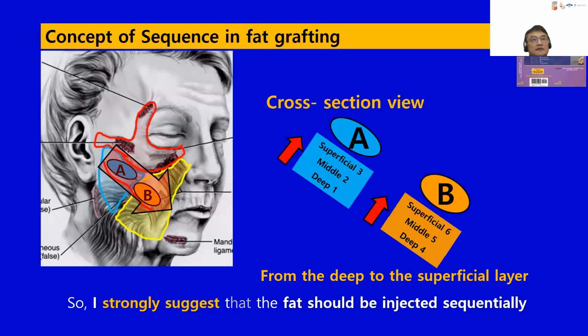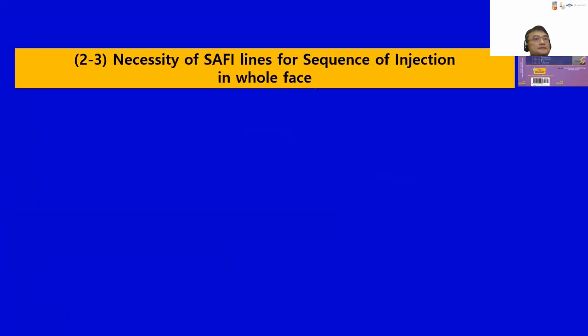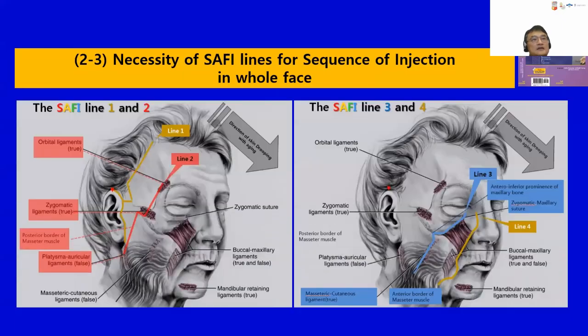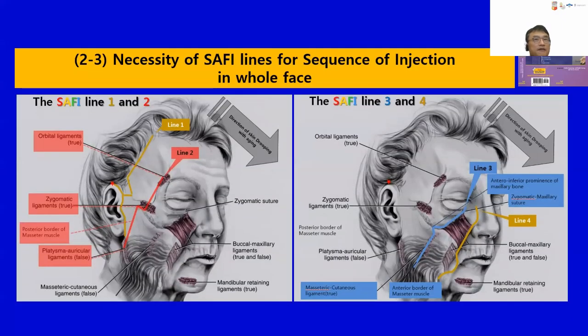So my basic concept in fat grafting is to do A first and then B. This is the regular sequence in my concept. For this, I divide the face into 5 zones by 4 sublines on the basis of the anti-gravitational vector and different soft tissue foundations, considering the important structures related to the soft tissue foundation, such as retaining ligament, bone, fat, muscle, and skin.